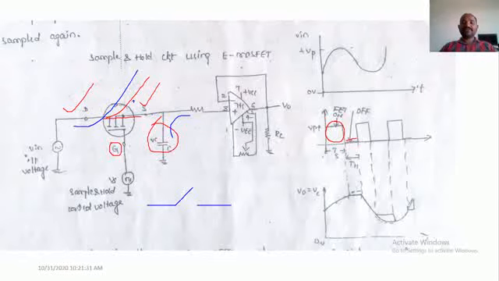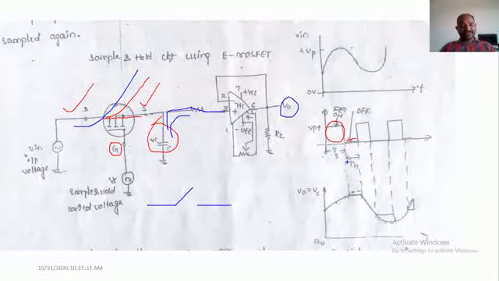When this particular switch is open, the input voltage is not applied. When the input voltage is not applied to the circuit, as we don't have any active element in this circuit, the charge across the capacitor will start discharging by supplying the charge which is stored inside the capacitor. Like that, the information will be applied to the voltage follower, and at the output we are getting the sampled information which is held inside the